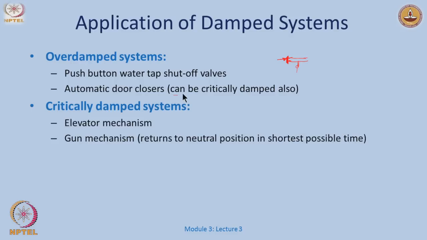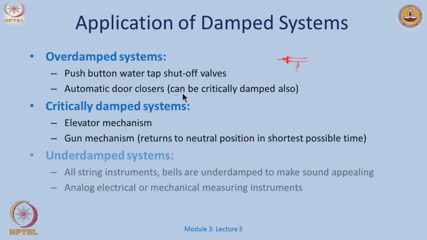Critically damped systems, you would want them in elevator mechanisms or even gun mechanisms, right. So, you want the elevator to have a faster response, but you would not want it to overshoot. So, we talked of this last time as well. And of course, underdamped systems, all string instruments would do that, because if you pluck a string, say I have